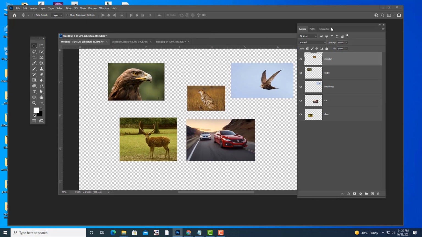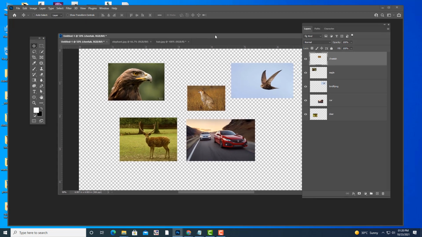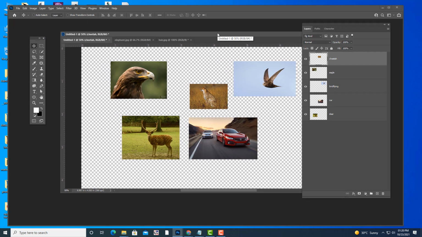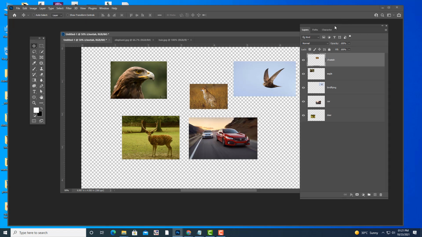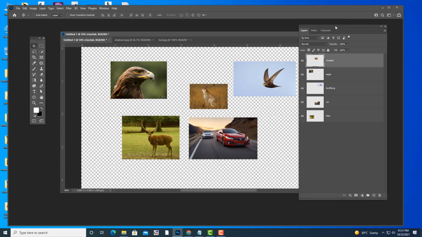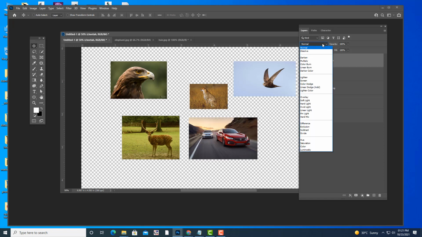So now we have understood the basic concepts of layers. So what are the things that we have left in the layers? One important thing we have left, that is blending modes.